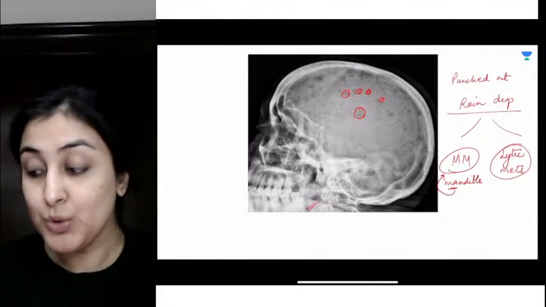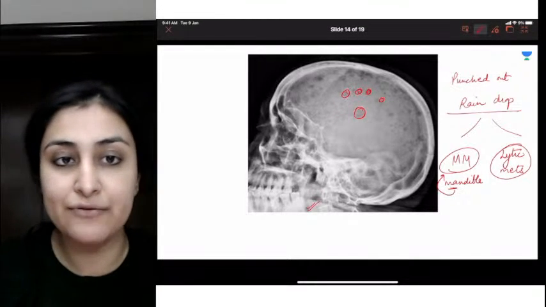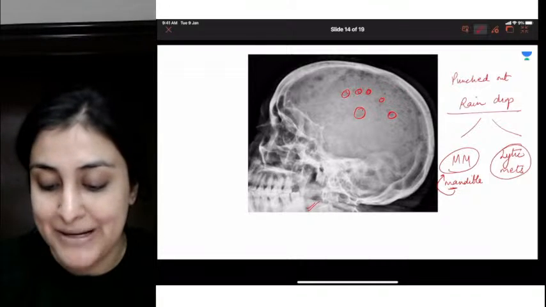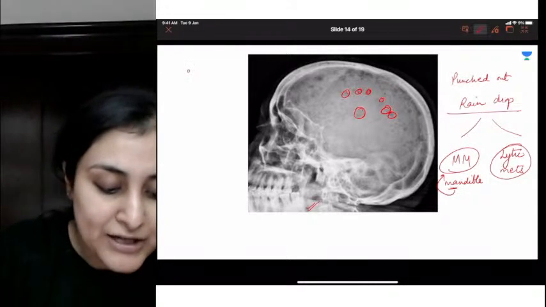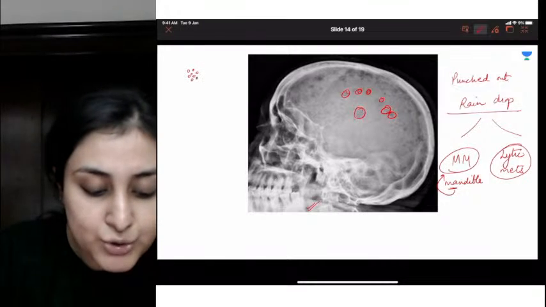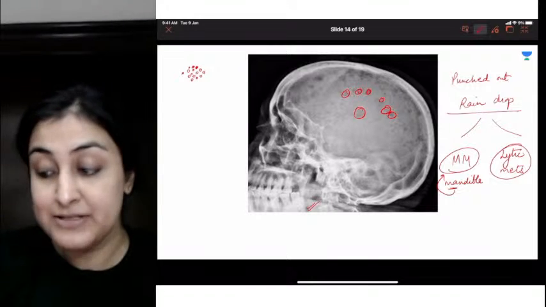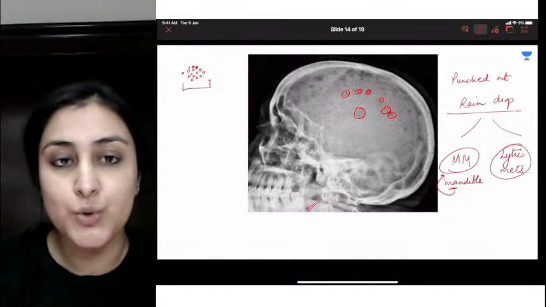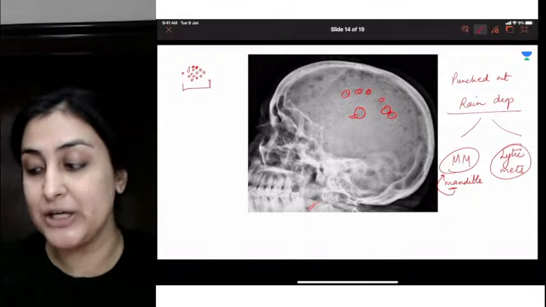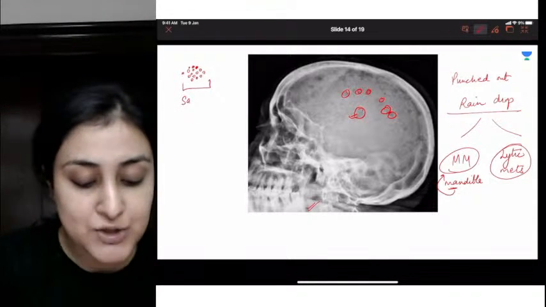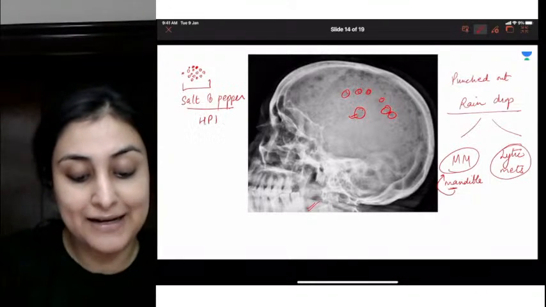Remember, few other lytic lesions that you are all saying. I'll just clarify how to distinguish. So these are pretty big, well discernible lesions, right? We can see big lytic lesions. If I show you very tiny lytic lesions with a few white lesions also, where we see resorption happening here, it is not just lysis of the bone. Bone is getting eaten up by the trabeculae. What is that tiny pattern, like salt and pepper? So this is salt and pepper skull seen in hyperparathyroidism.